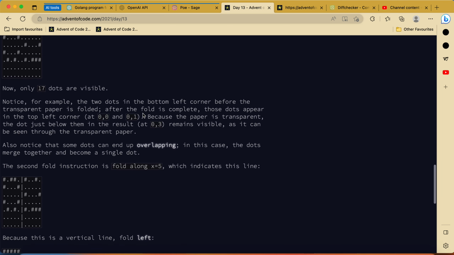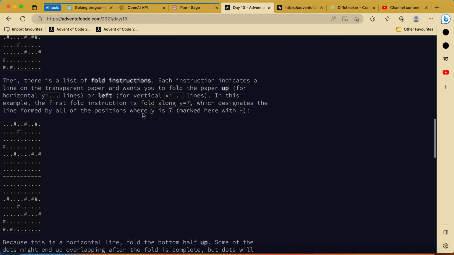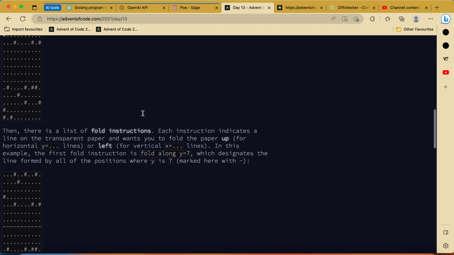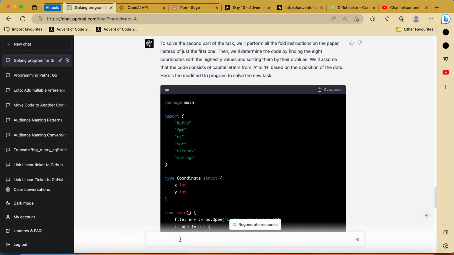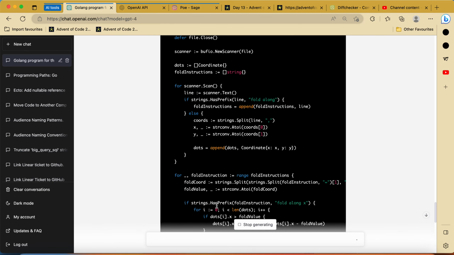Very important part is for missing positions put a dot. Okay, I think that's more what we would want to see, because in this way we'll be able to